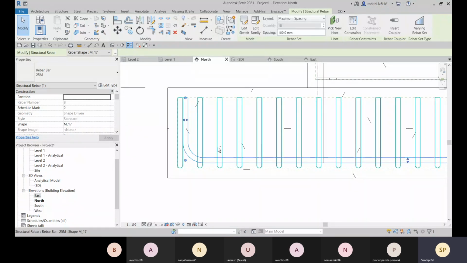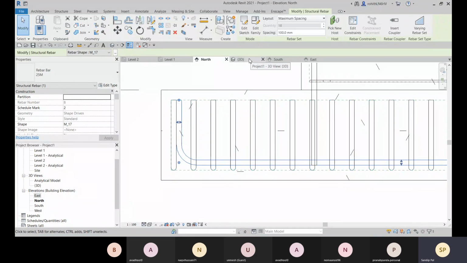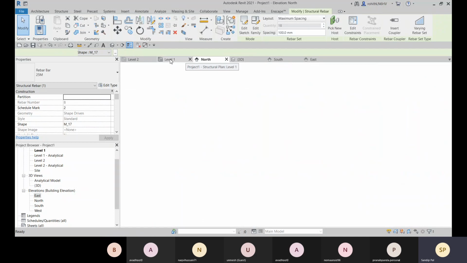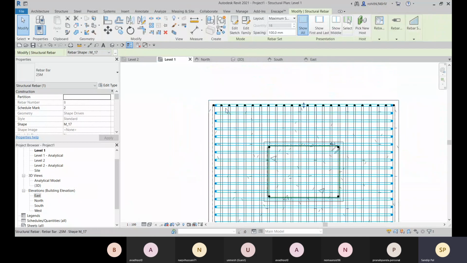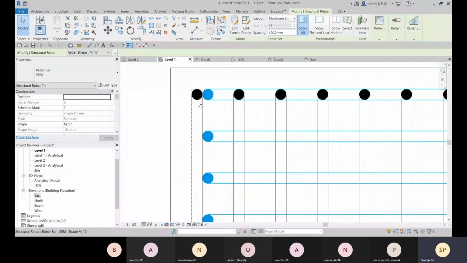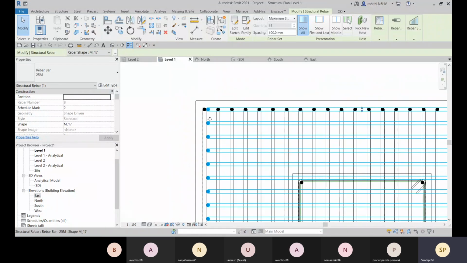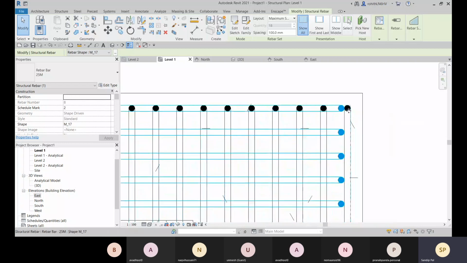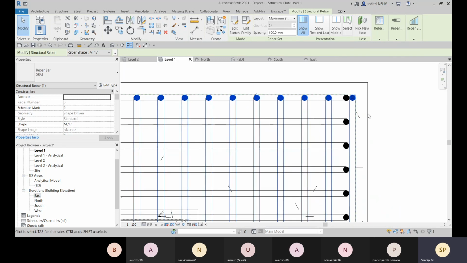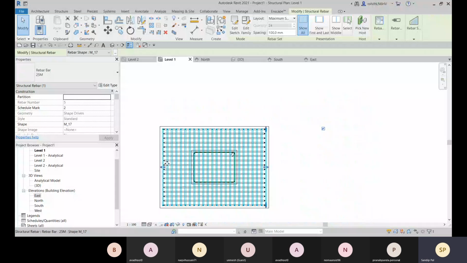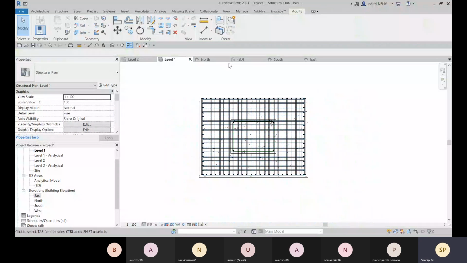All right, so you have to place it from the gap. Let me show you. Go to this level one. So you can see that this one is placed from a gap. It is placed from a gap, so it will not clash. And this is vertical, and this is going to the top, so these all are fine. It will not clash.